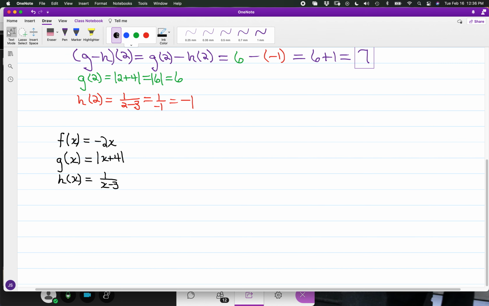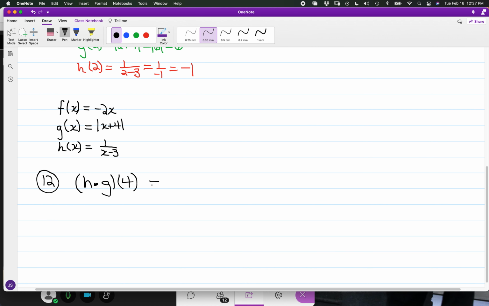And so in the case of number 12, you have h times g of 4. And again, you can use the h of x times g of x approach, but you could also just go ahead and arrive at the values ahead of time. So this would translate to h of 4 times g of 4,